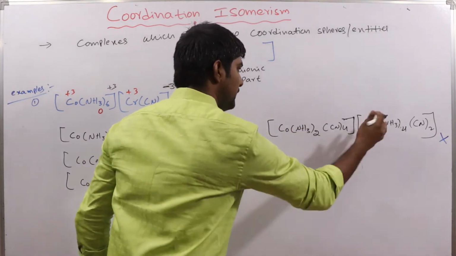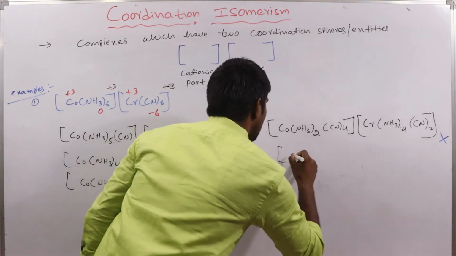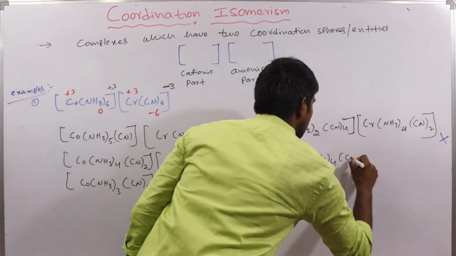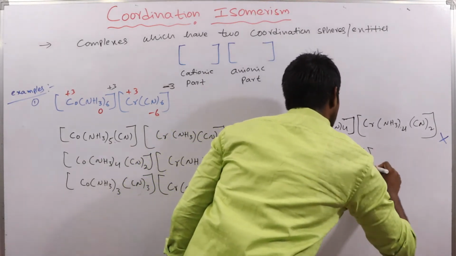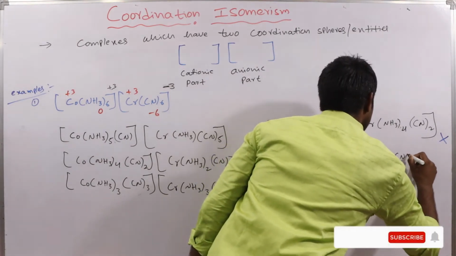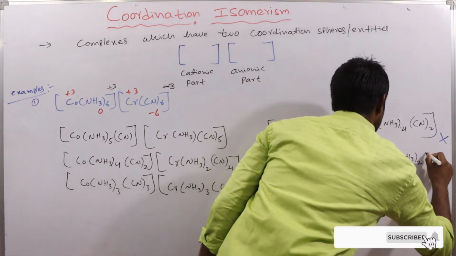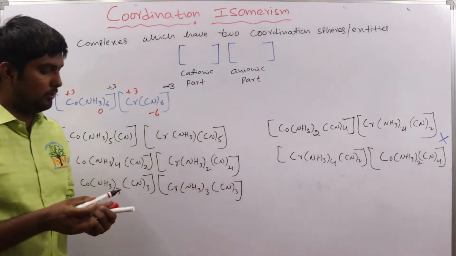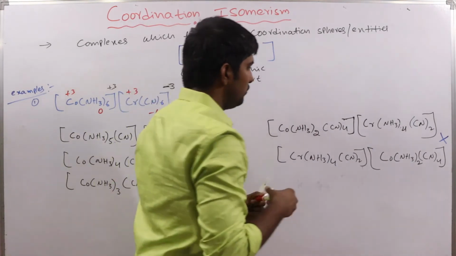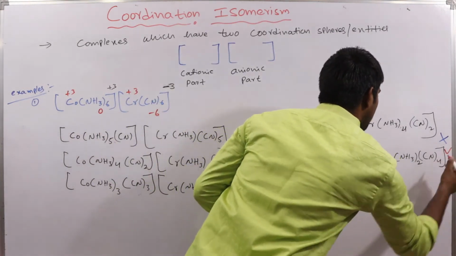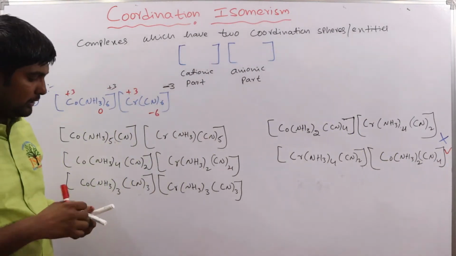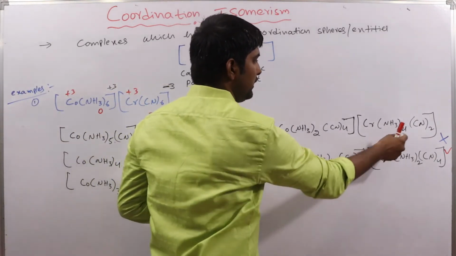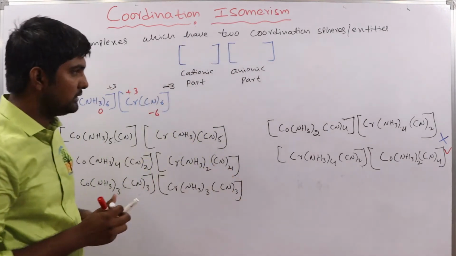Okay, what is the correct way to write this one is that, here first we should write, okay, so this is the correct way to write the complex. Both are having the same type of connectivity only. Yes or no? Chromium has 4 amine ligands and 2 cyanido ligands here also, but that is the wrong way